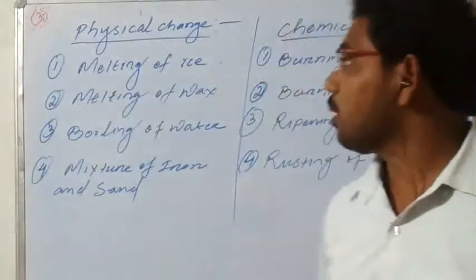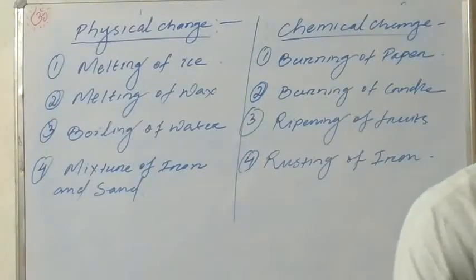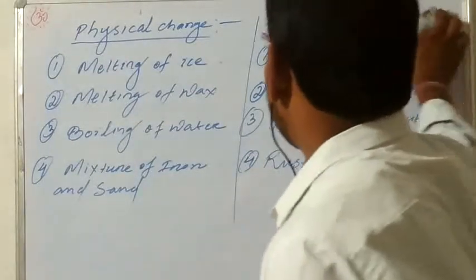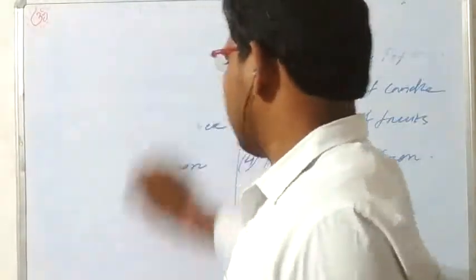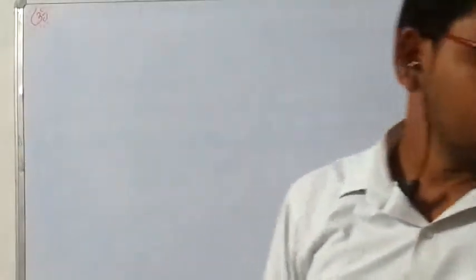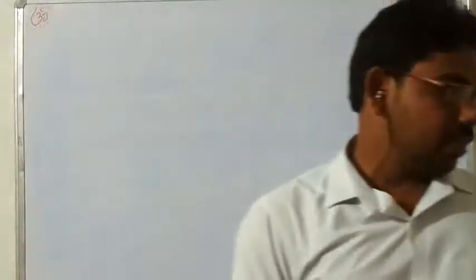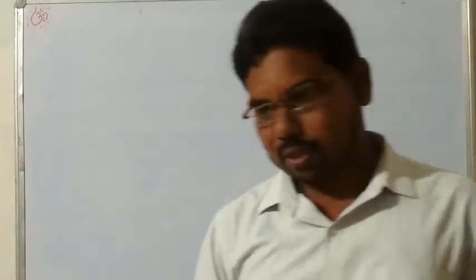So this is the idea about what are physical and chemical changes. Another question also comes. What are the different types of questions? Difference between homogeneous mixtures and heterogeneous mixtures. Difference between element and mixtures. Compound and mixtures, this is the most important. And pure substance and mixtures. So first we discuss the difference between pure substance and mixtures.